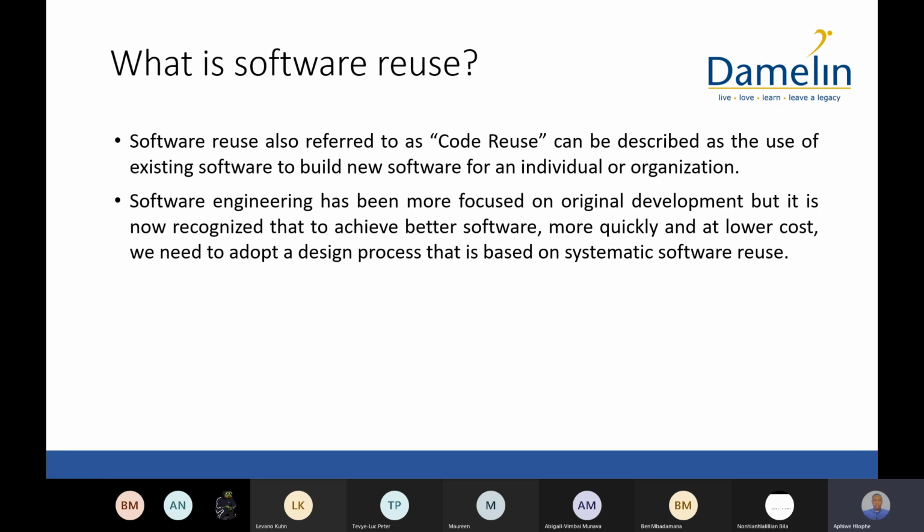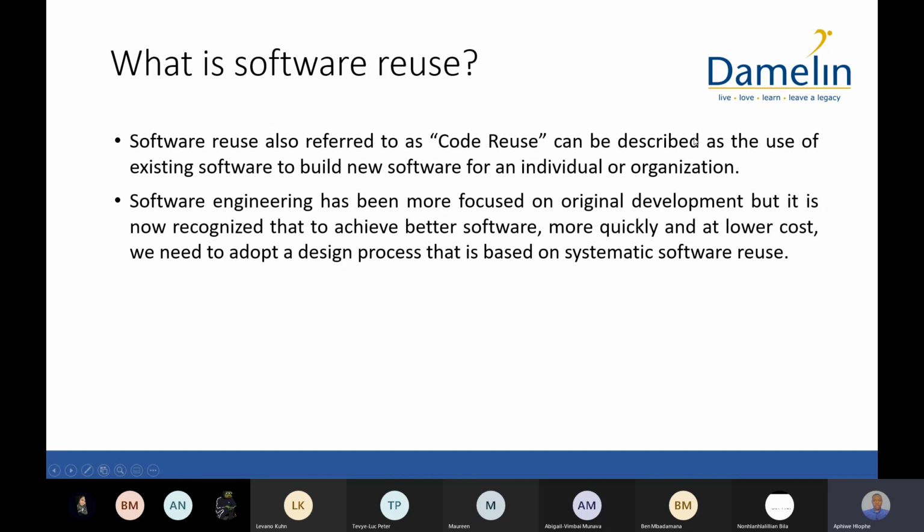It's one of the smallest types of reuse that you can do. We tend to refer to it as code reuse because that's basically what you are doing. Even if you are doing systems reuse at the highest level, you are essentially reusing the code that the system is made up of,